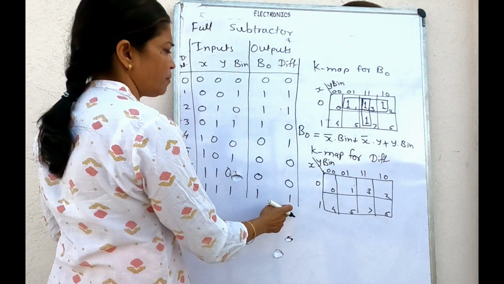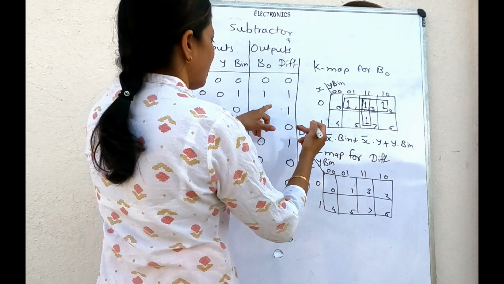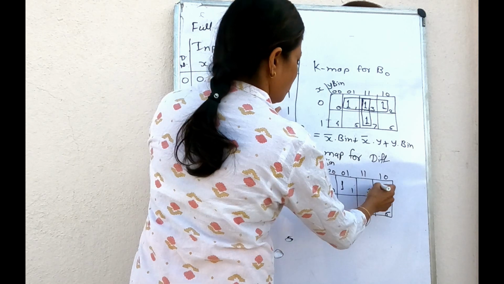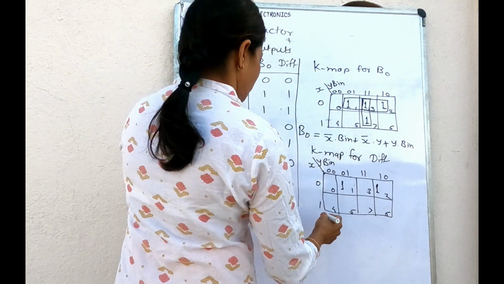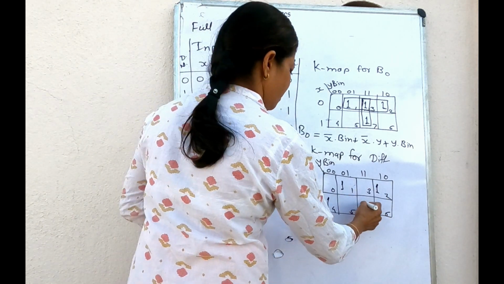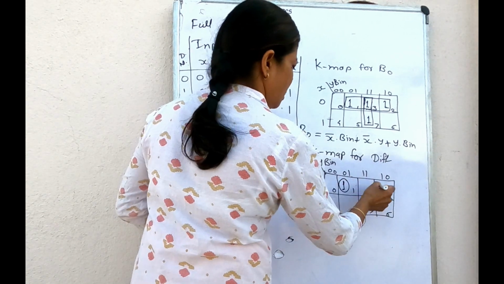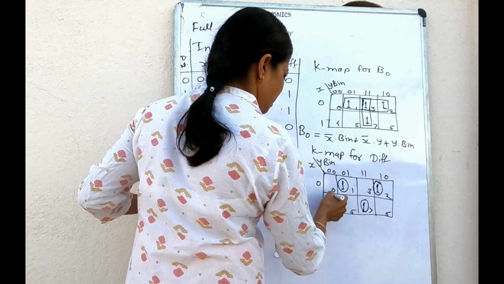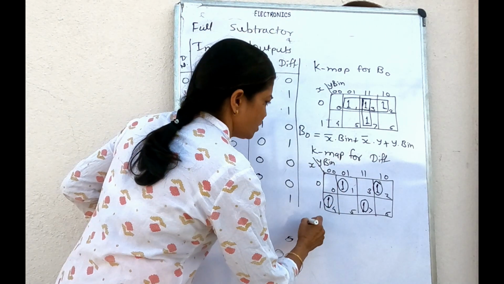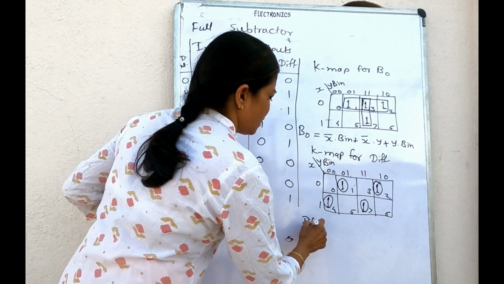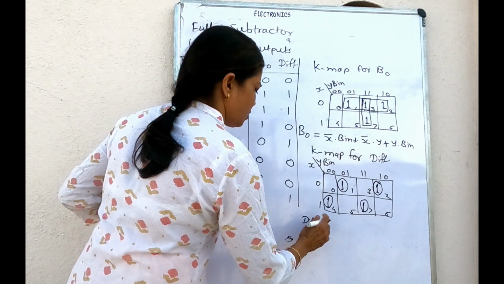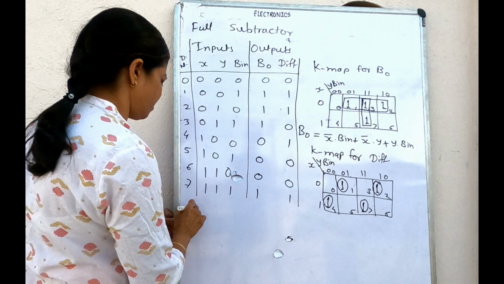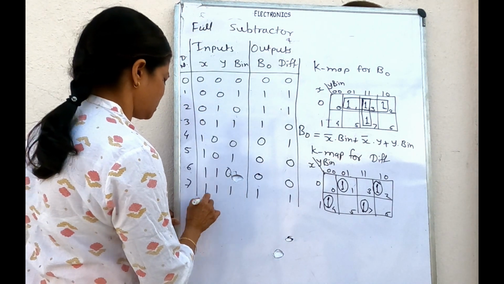Observe the column for the difference. In this truth table, here we have 1 for 1, 2, 4, and 7. Individual 1 will be considered as pair is not formed, so that the difference variable will be given equals to, here we will write the difference variable as equals to,